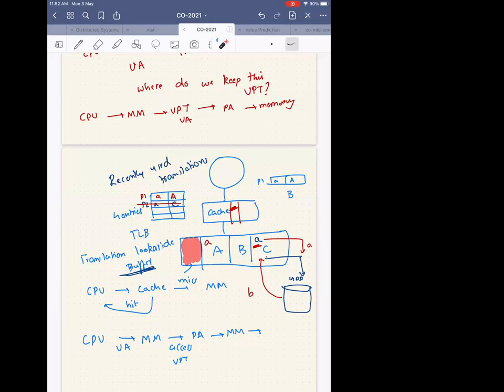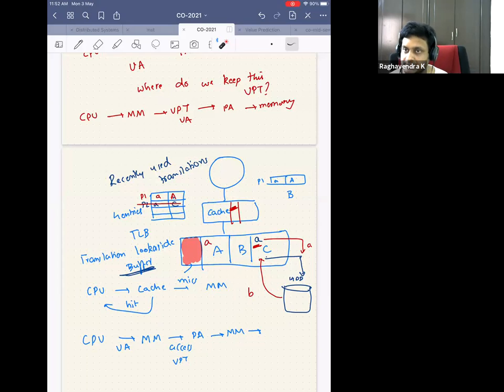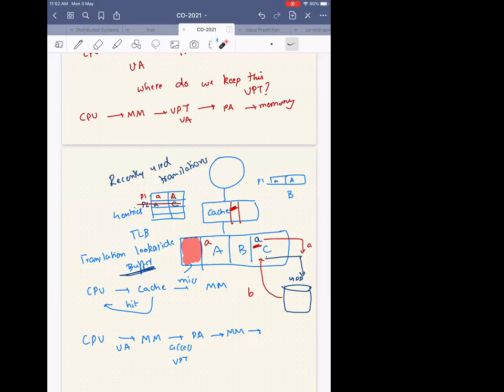Sir, I think we discussed that the virtual page table might be so big that it may not fit in this reserved space. Yes, right? So then what you do there is paging. When there's a miss in this virtual page table, maybe you need to bring the rest of it from wherever it is and check.